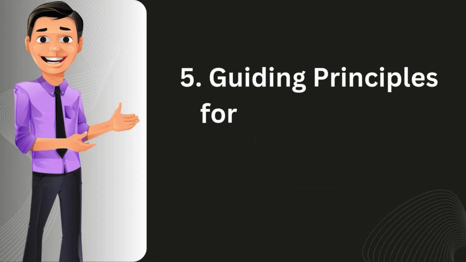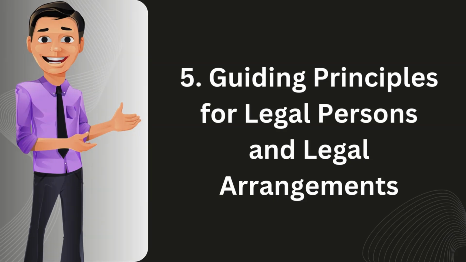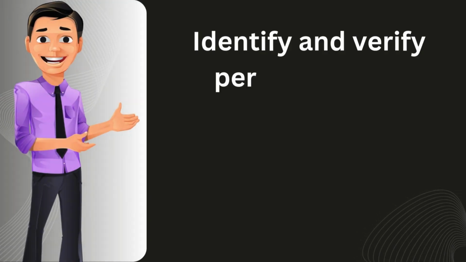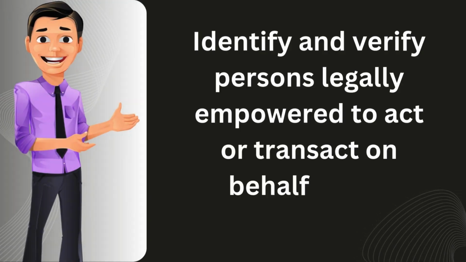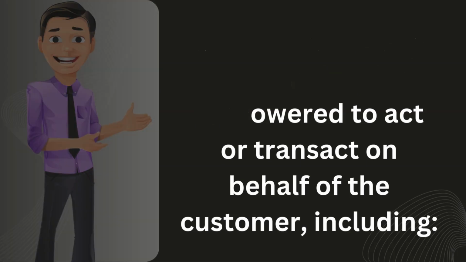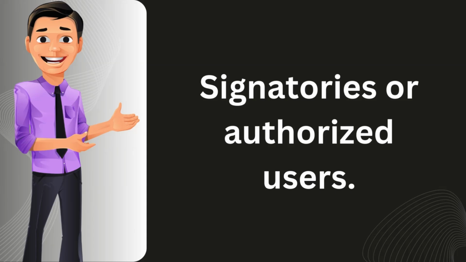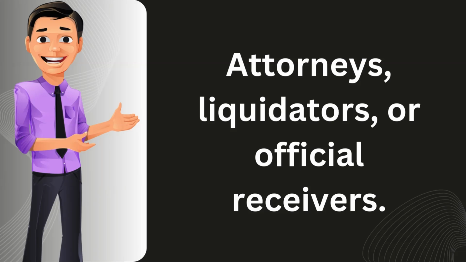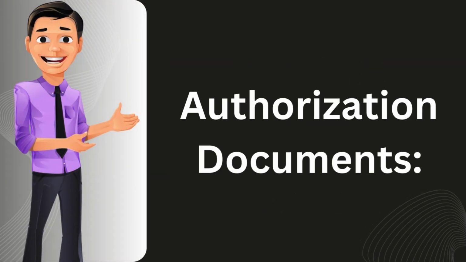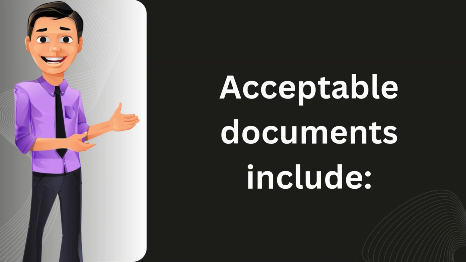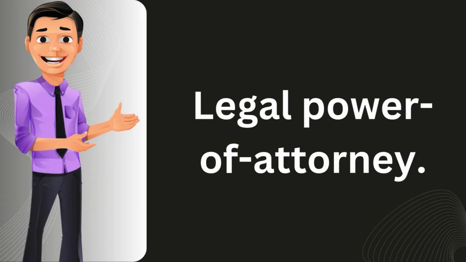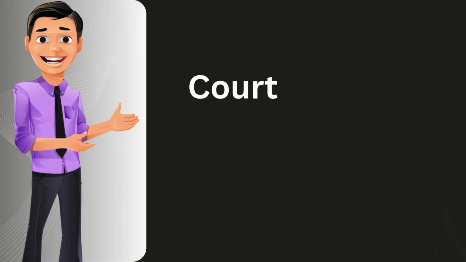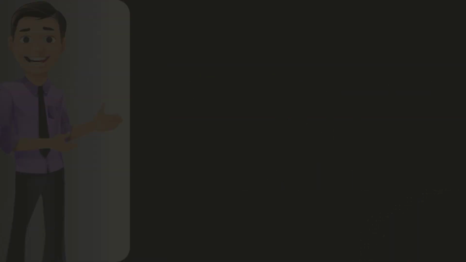5. Guiding principles for legal persons and legal arrangements. Verification of authorized persons. Identify and verify persons legally empowered to act or transact on behalf of the customer, including signatories or authorized users, legal guardians or representatives, attorneys, liquidators, or official receivers. Authorization documents. Acceptable documents include legal power of attorney, board resolutions or official registry documents, court orders or official decisions,